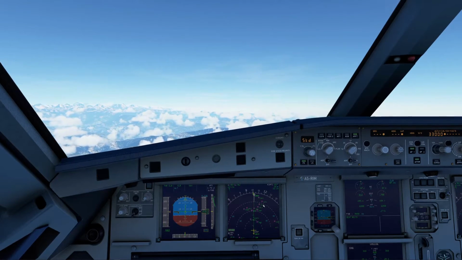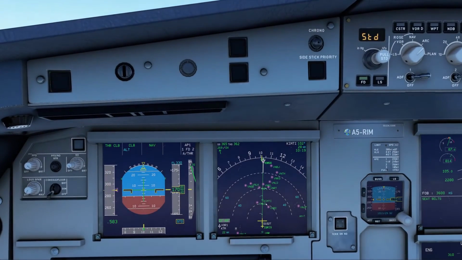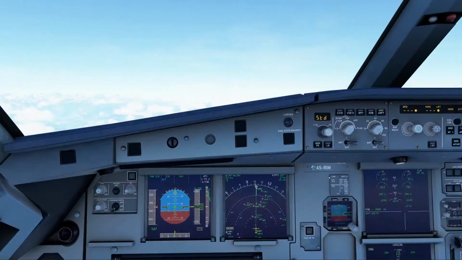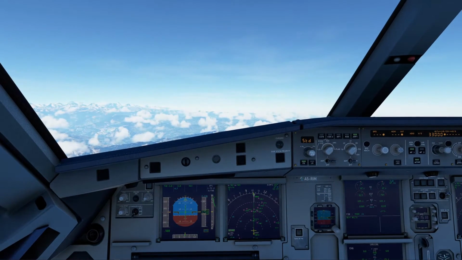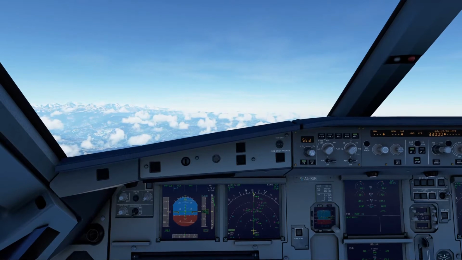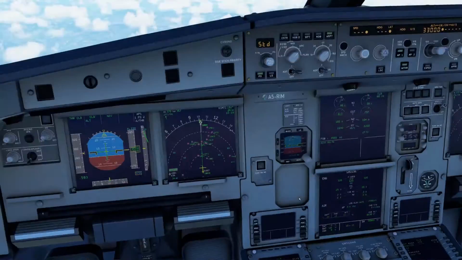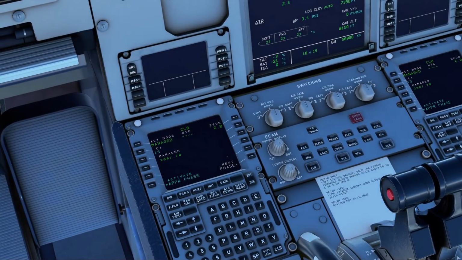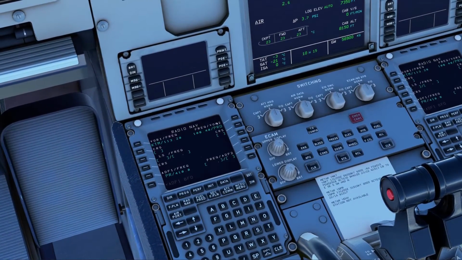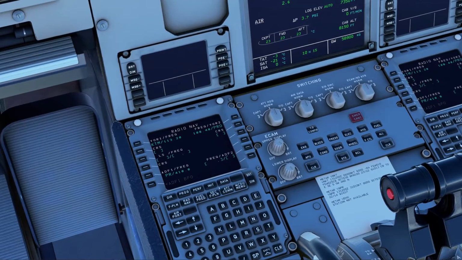You can see there all our airports, nearby airports, and Paro there is coming up, and you can see our top of climb right there. Right, so after takeoff checklist. Okay, we've got the airport option selected. RadNav, let's have a look down there. Okay, so that's all selected.